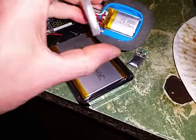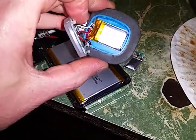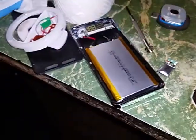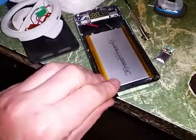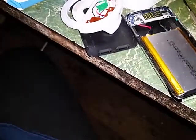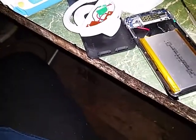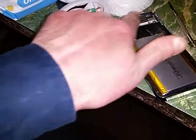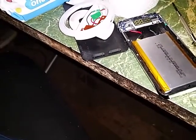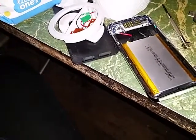This side here, this one, basically just won't take a charge. 3.7, 300 milliamp hour. But these are brilliant little lights. The funny thing with these is they'll actually take a charge, but they won't give power out. I tried to put a bit of charge into them, and they seem to be just warming up a little bit. When I was touching the case, I could feel there's a bit of warmth. Not much though. But I think when they first died, I also tried to fully charge them, and they were both about halfway anyway. But the thing is, they'll take a charge, and if you watch this little turkey here,